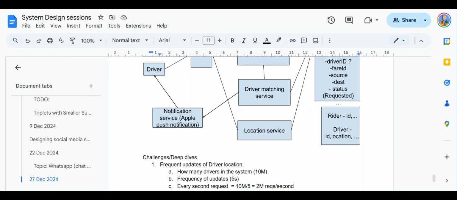The whole purpose, that one driver should not get multiple requests, gets defeated. Is this point clear, like why application-level locking is not a good idea?